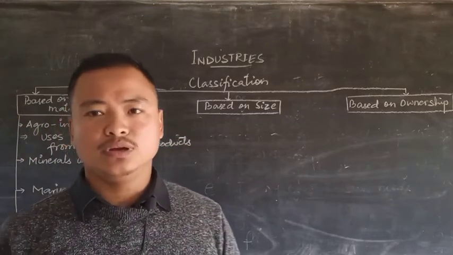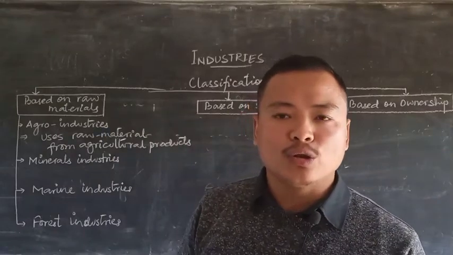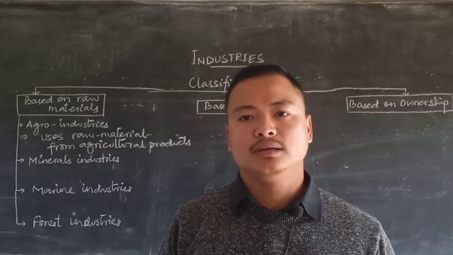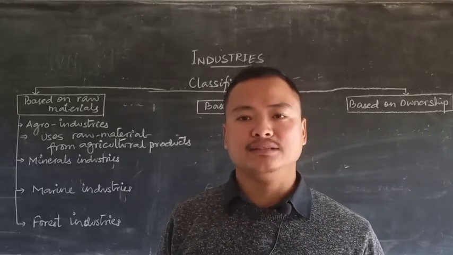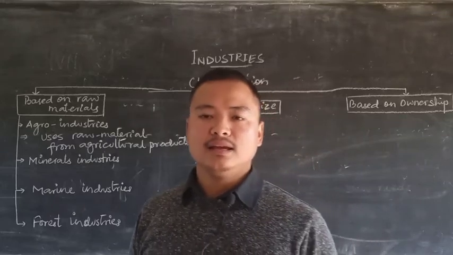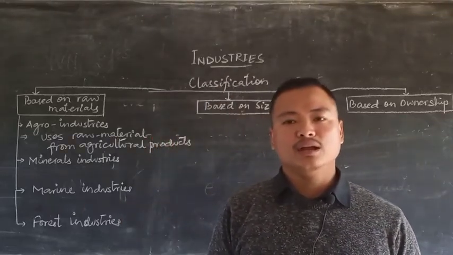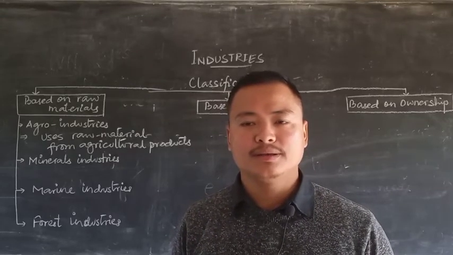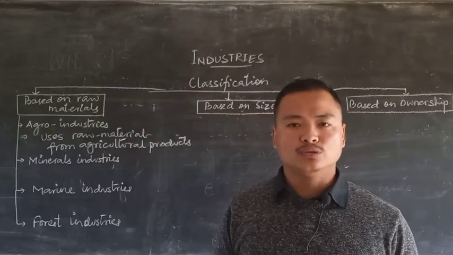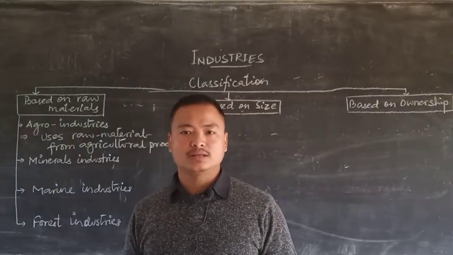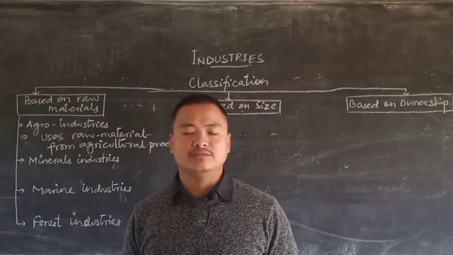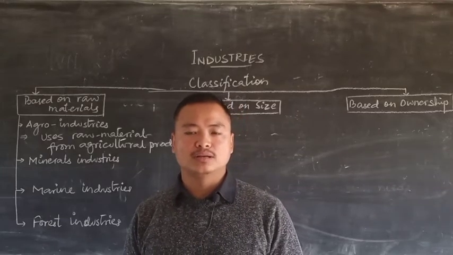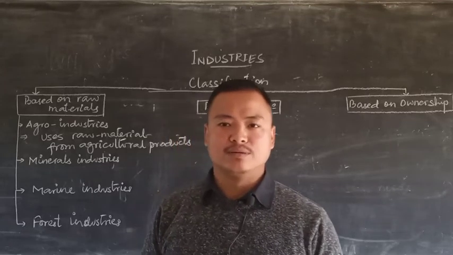For example, clothes. We see that clothes never grow on plants, but it is the cotton that is processed into fine threads, and then those threads are used to make clothes. So here we see cotton as an agricultural product, and the cloth as a factory product made using that very cotton. Such an industry which depends on agricultural products for its raw material is known as agro-based industry.